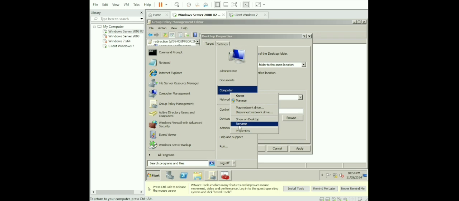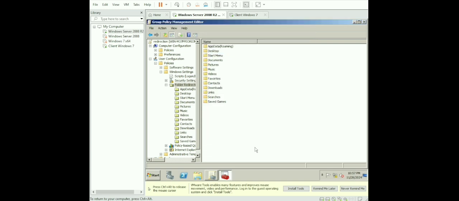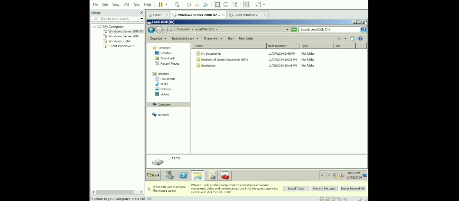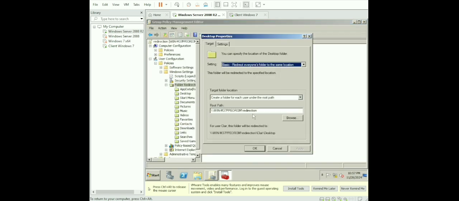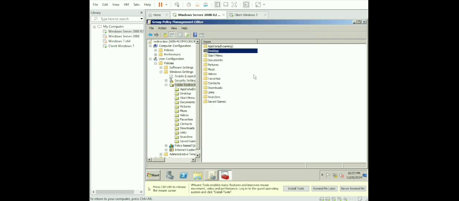then properties, then copy the computer name, then input the computer name with the file redirection, then apply it, yes, then okay, then go to the folder, then computer local disk, then exit, then go to desktop with the properties, then make sure that it's the same spelling, then yes, then okay, then